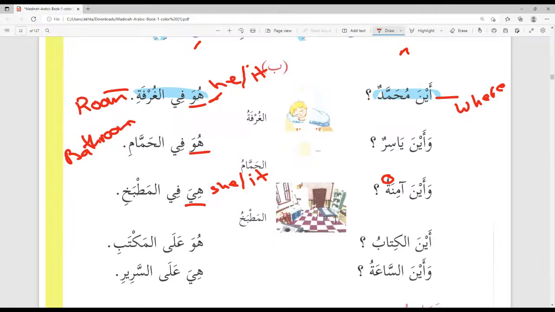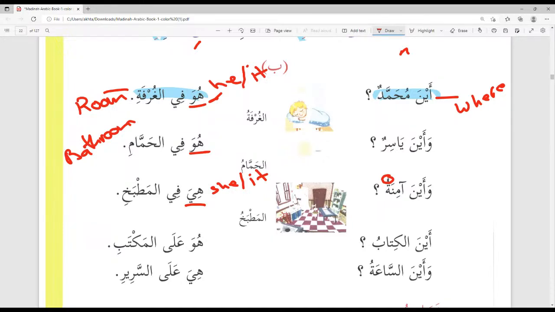As Allah says, قل هو الله أحد: say, he is Allah, the One. أحد, not al-Ahad. نعم. So next one. ما معنى المطبخ؟